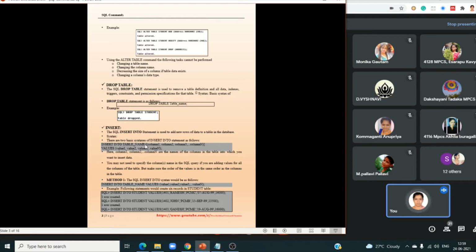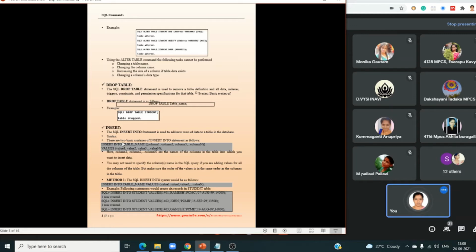The table name and columns are what is included here. And VALUES: what values are to be added to those columns. Value 1, value 2, value 3 up to value n. Depending on the specified data type, you have to specify the values. If it is char, varchar, or date type, you have to specify it in single quotes.